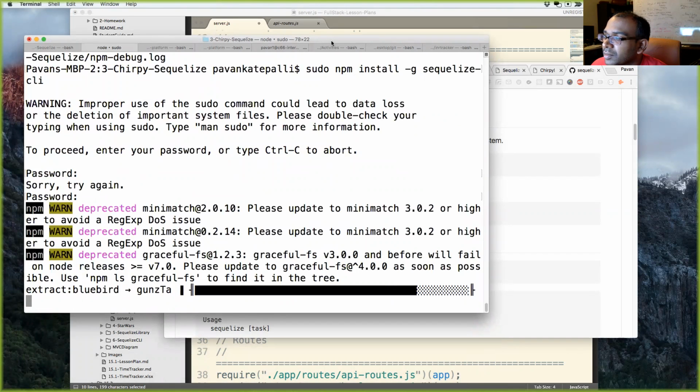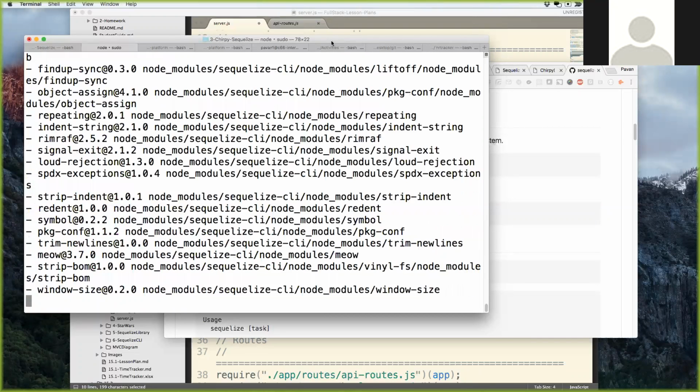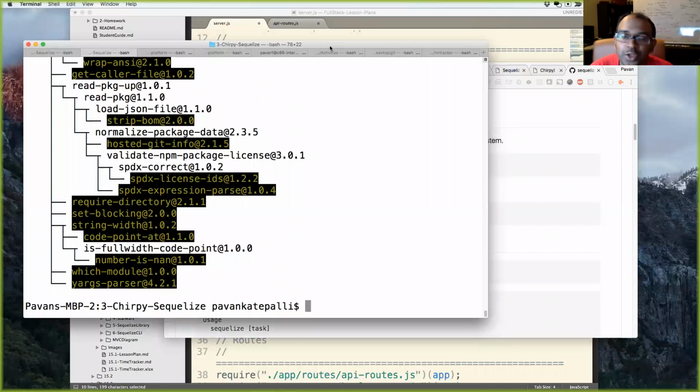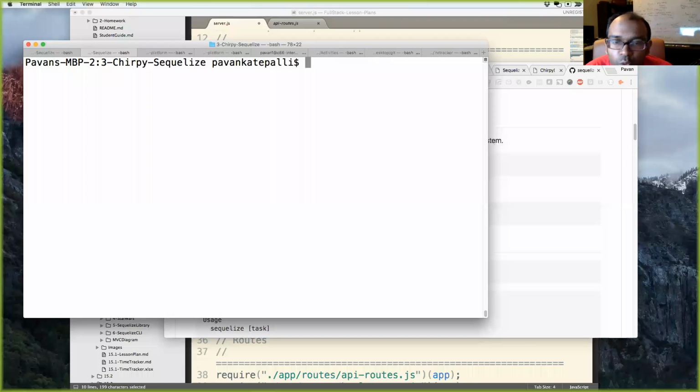How can we see if any npm package is installed globally on our computer? That's a really good question. Can you Google that? I don't know off the top of my head how to see all the globally installed packages. What you probably could do is use grep.